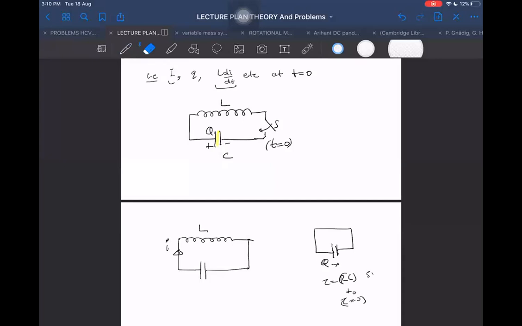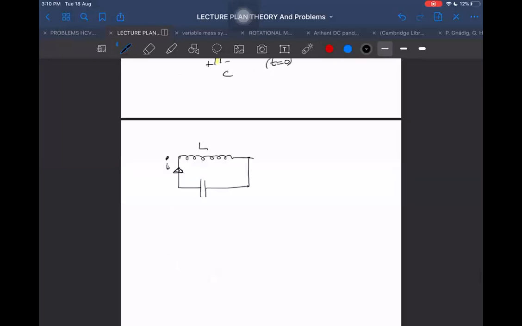But for the case of an inductor, it will not be discharging instantaneously because inductors will try to oppose the rate of change of current through it. So it will slowly increase. It will not increase instantaneously. It will increase slowly, and then the capacitor will become discharged. What will be the rate at which the current will be increasing? That rate will be equal to q by C, as long as the voltage across it is there. As the charge starts decreasing, then the rate of increase of current will also start decreasing.